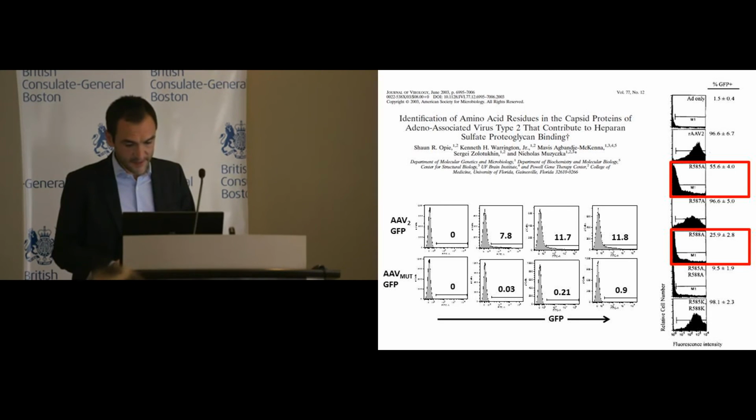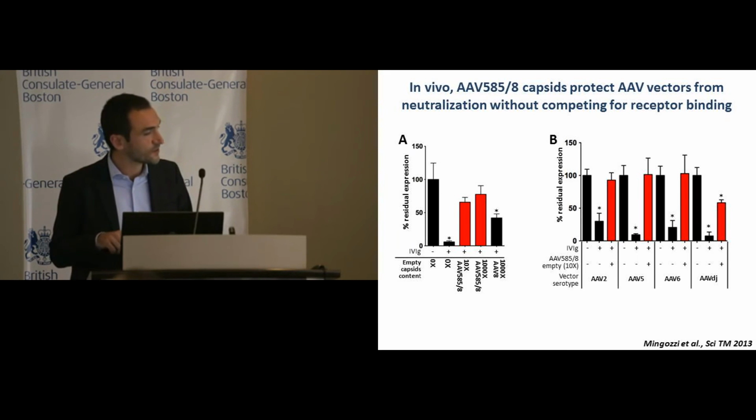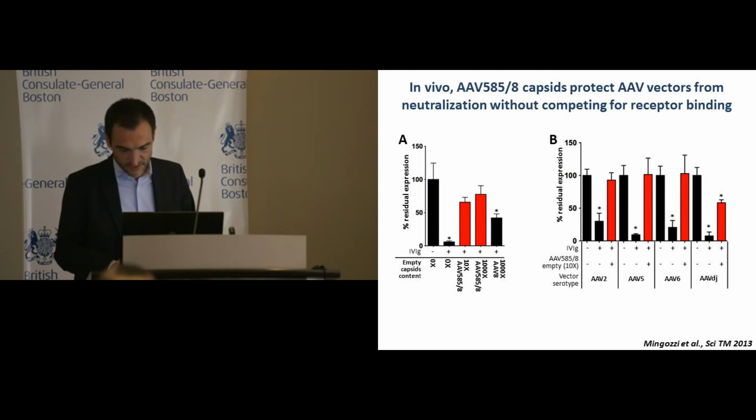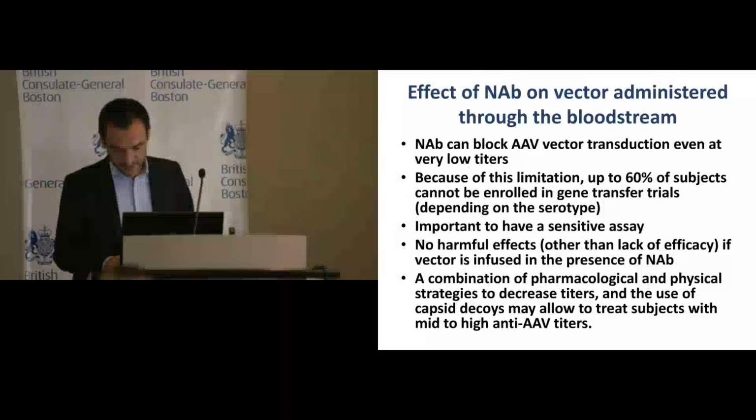And with this maneuver, we created essentially non-infectious decoys that you can see here in red, that can be used to rescue the transduction of AAV vectors, and we can mix them with the vectors even at high proportions, and they don't compete for receptor binding. What is also important is that we can use the same decoy to protect different AAV serotypes from neutralization by antibodies. Now, I don't have the time to show you more data, but we did extensive studies around the safety of the approach and biodistribution and so